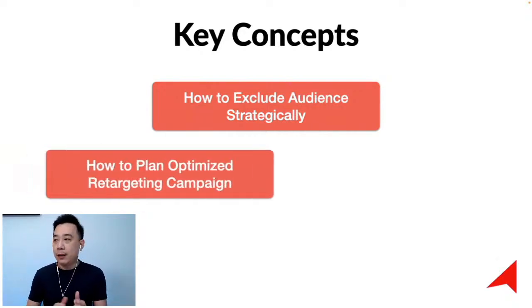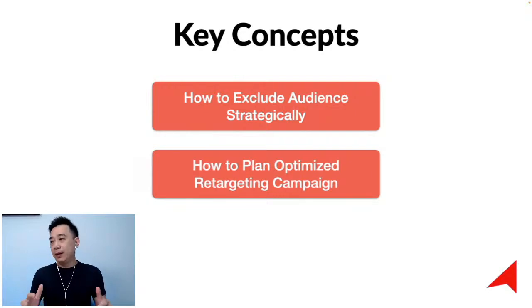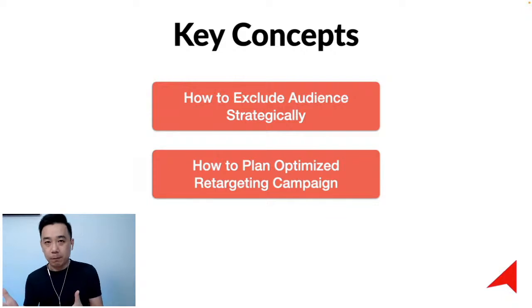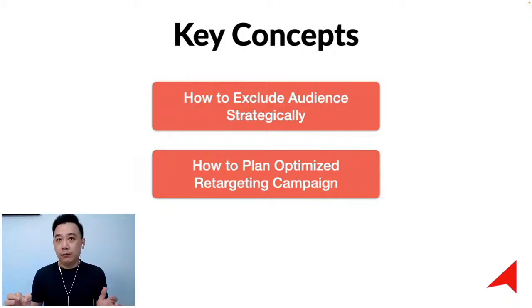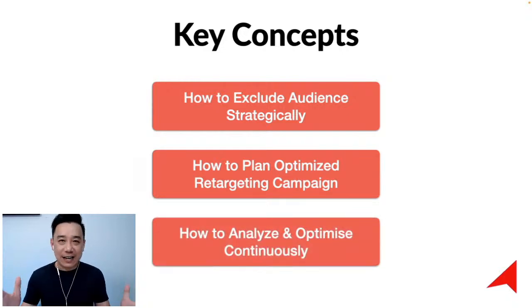You need to learn how to actually structure this campaign in a way that you are able to push people out from the campaign. Now, the second thing is you need to learn how to plan and optimize a retargeting campaign, which is like, first thing first, we talk about the duration, the conversion window, for how long, right? And what is the audience that you want to retarget? Let's say if you want to use a video, do you want to retarget for 3 seconds and onwards, or do you want to go for 25%? That we need to plan strategically. And the third thing is, in fact, starting a campaign is the easiest thing. What comes next is the most interesting part, which is we talk about analyzing.